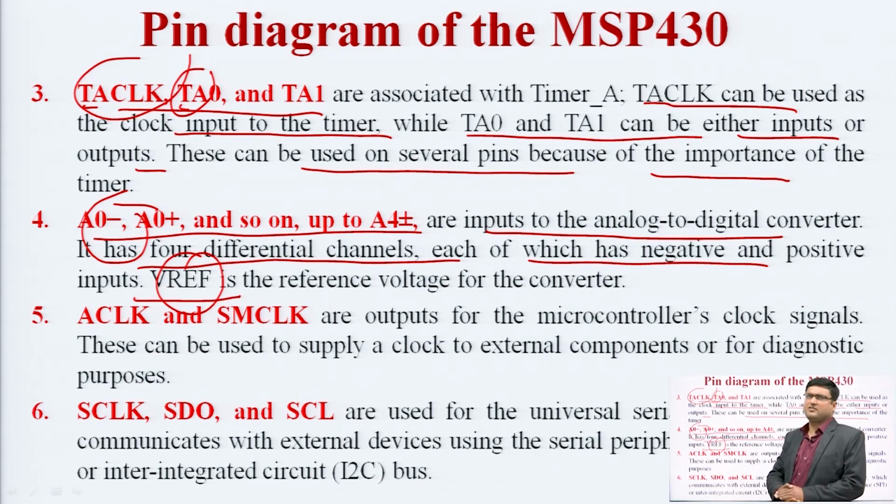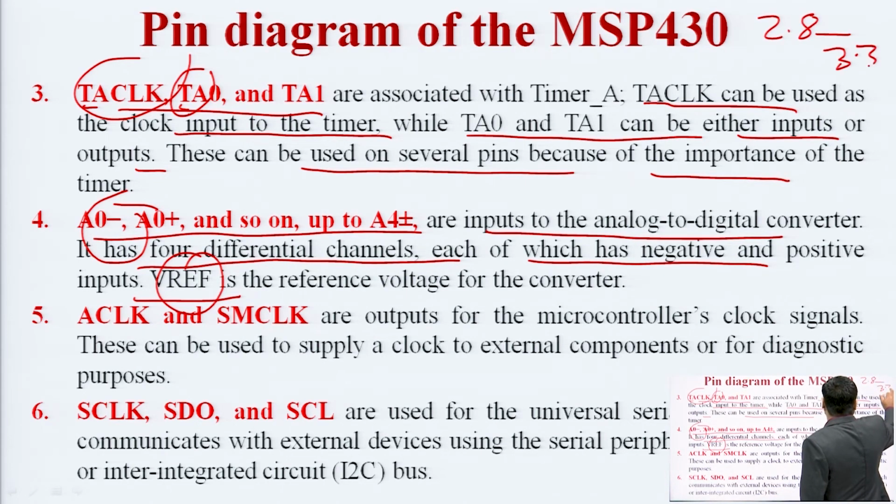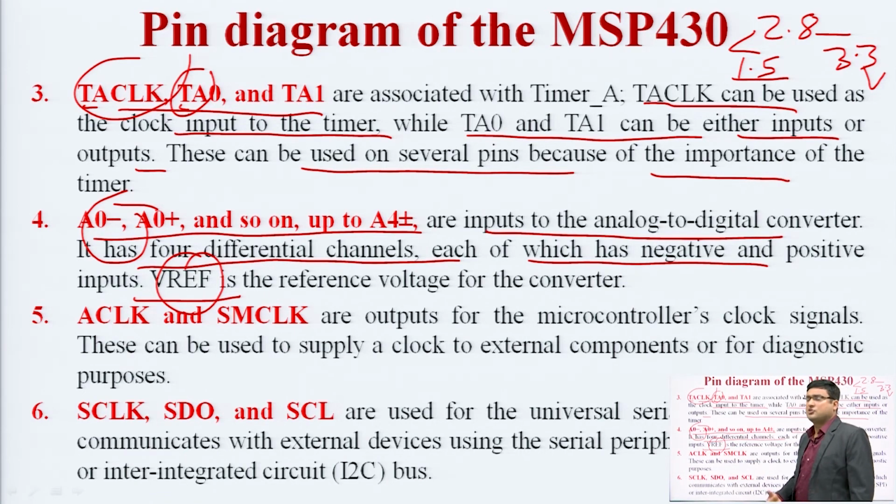What is the role of the V reference? V reference is used to provide the reference voltage to the MSP430 microcontroller. Basically the range of the microcontroller we have seen is 2.8 to 3.3 volt. Okay. So if the voltage supply is less than 2.8, let us consider this is 1.5, then the V reference signal will tell the MSP430 that the supply voltage is less than our reference voltage, and for that there is some converter to convert this frequency to the particular frequency required to trigger the MSP430.